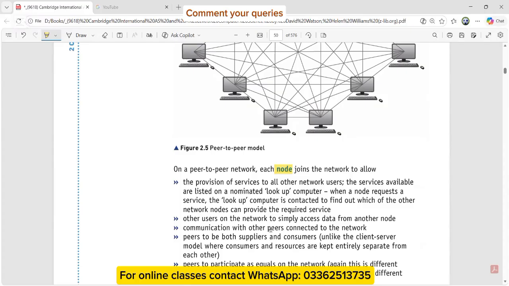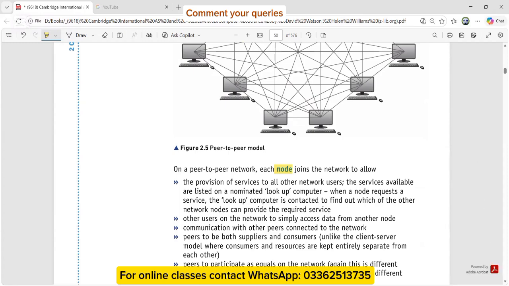If they ask you a question, you should be very clear that peer-to-peer is the required model to be used when you have a limited number, like maybe 10, maximum 10. Then secondly, your major concern is not the security. And thirdly, when everyone is giving as well as receiving, if it has some resources it will be sharing them, and whenever it needs resources, it will be getting them. Then we go for a peer-to-peer model. Are you clear about this?